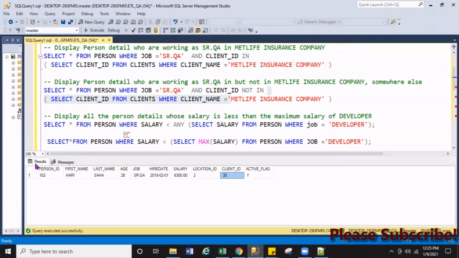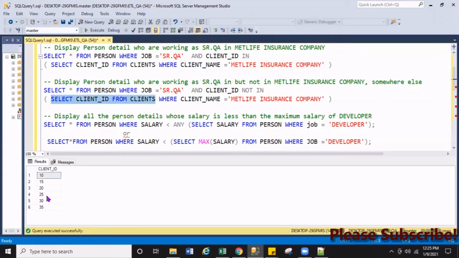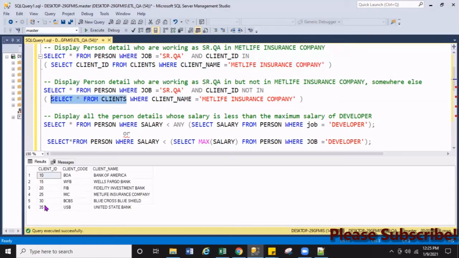Let me run select star for client ID 30. Okay, Sai is working in United State Bank. He is a senior QA, but he's working in United State Bank.